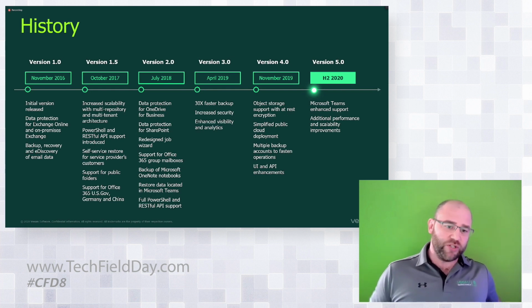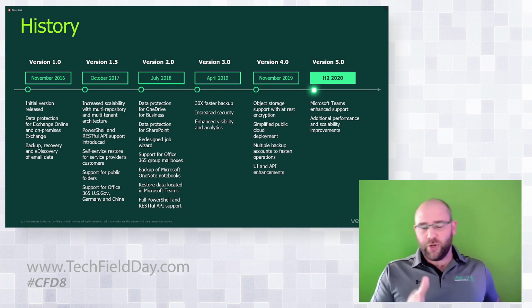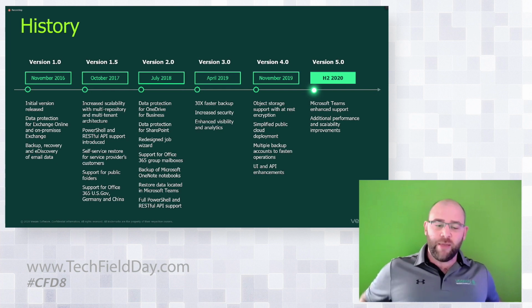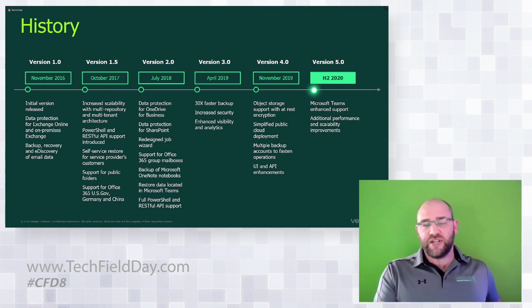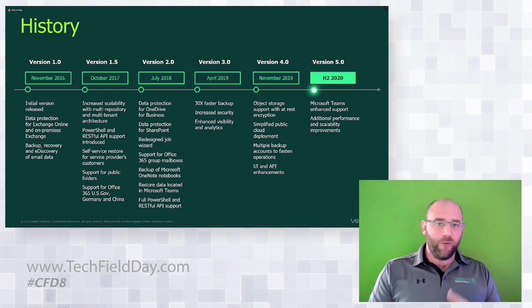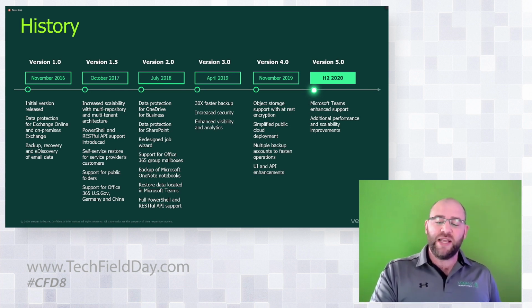I'm going to touch on the components as well. Then, as you can see through, I'm not going to touch on every milestone here, but version 2 was a significant release because that's where we started protecting things like OneDrive for Business as well as SharePoint Online. And you can see all the way through this, there's performance, there's scalability, there's RESTful API enhancements, all the way through. If we touch on version 4, though, this is probably another significant release,